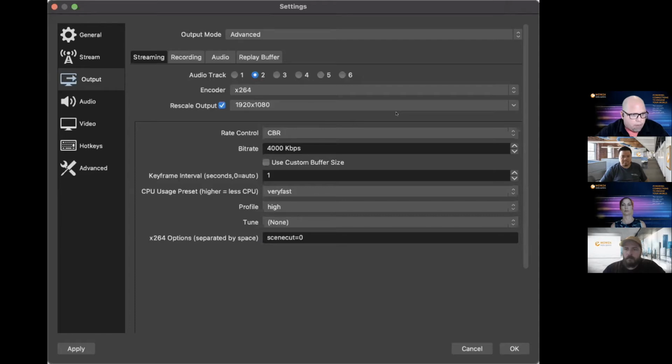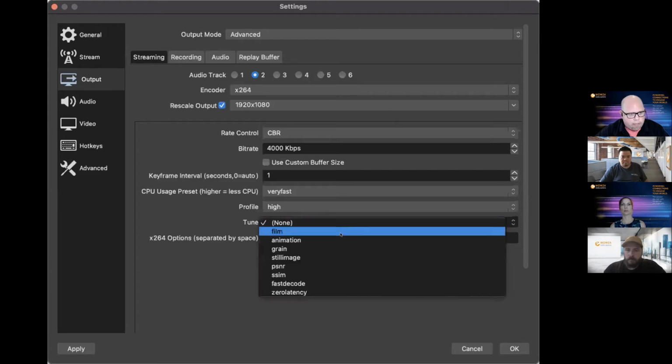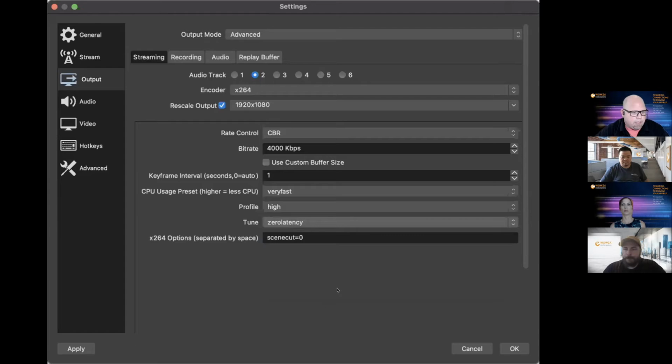So that's one thing we can do. And maybe Jeff, maybe after the call, we can, for OBS, if everybody out there is playing, whoever's playing with OBS, I know that there's a B-frame command option for the X264. And I don't know on the tune, I don't know if there's a no latency, I think. Yeah. Or 0 latency. That might be what it's doing. I don't know what it's doing in the background there, which I think is interesting.